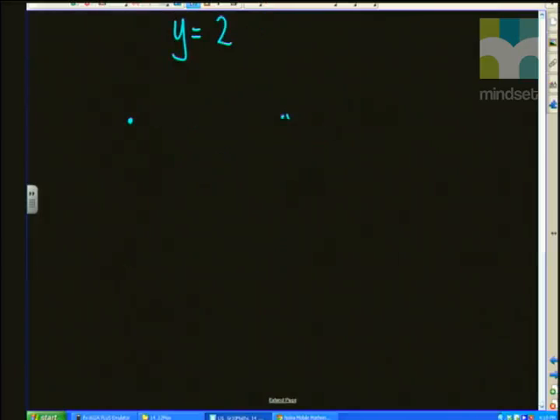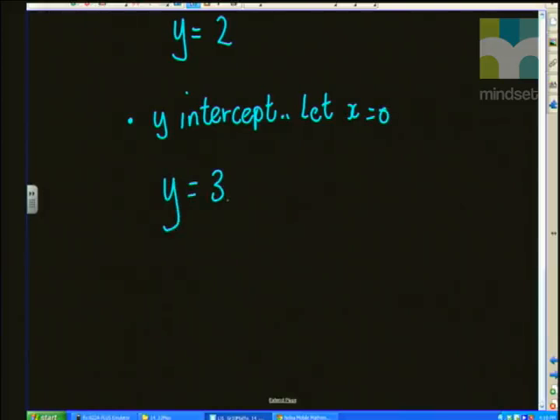Now with an exponential graph, when we look at the y-intercept, if you remember, I've already shown you how you can get it immediately. To get the y-intercept, if you want to do it the long way, you say let x is equal to 0, and you can actually work it out from this equation by doing the whole thing. But we already know, from what I've shown you before, that the answer is 5 because it's a plus q. But just to go through the motions of showing you how you get it, if you let